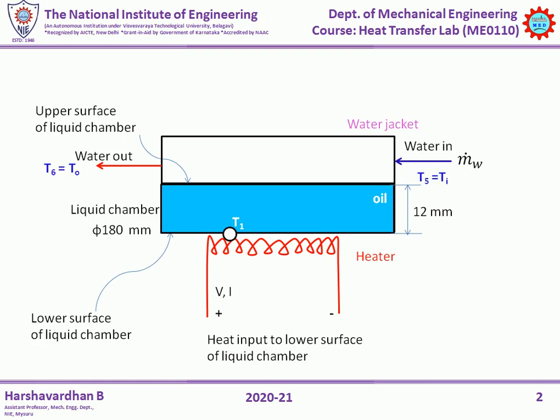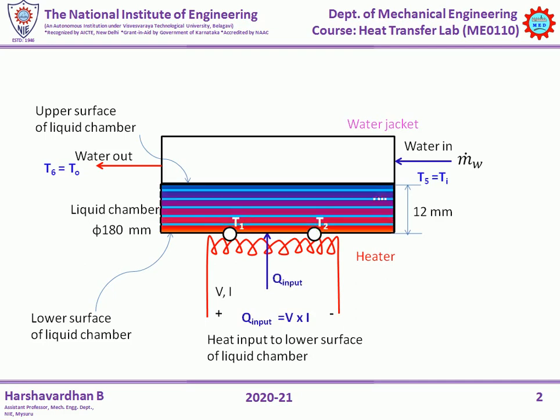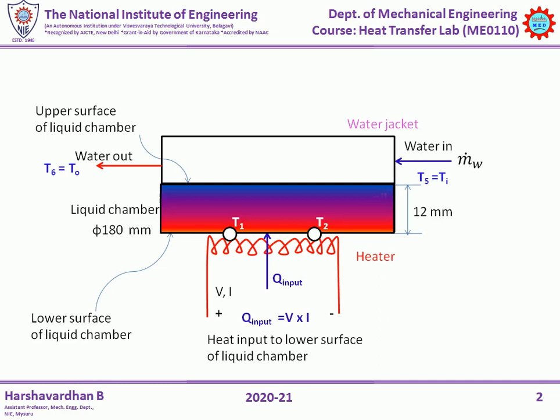In order to monitor the lower surface temperature, there will be two thermocouples T1 and T2, and when we provide the heat input to the lower surface, heat will be conducted through the oil present in the liquid chamber from the lower surface to the upper surface, and because of that the upper surface will get heated up and its temperature will change. The upper surface temperature will be monitored through two thermocouples T3 and T4,